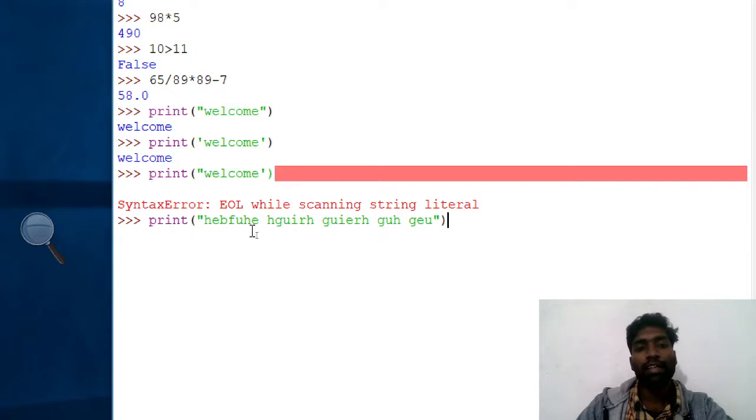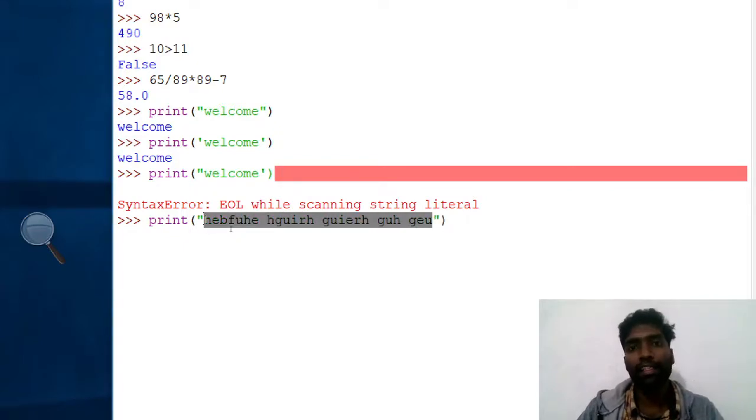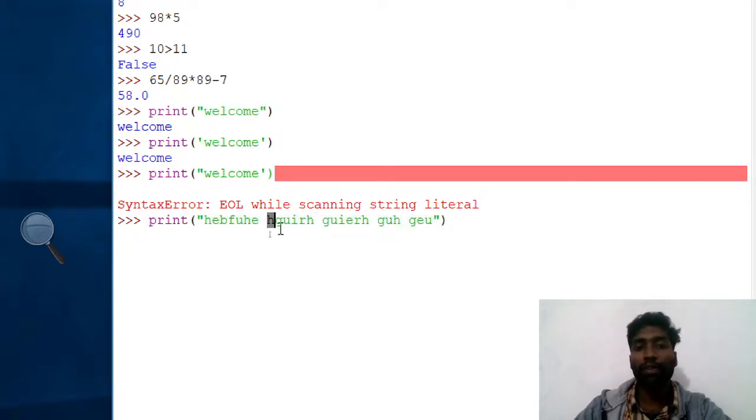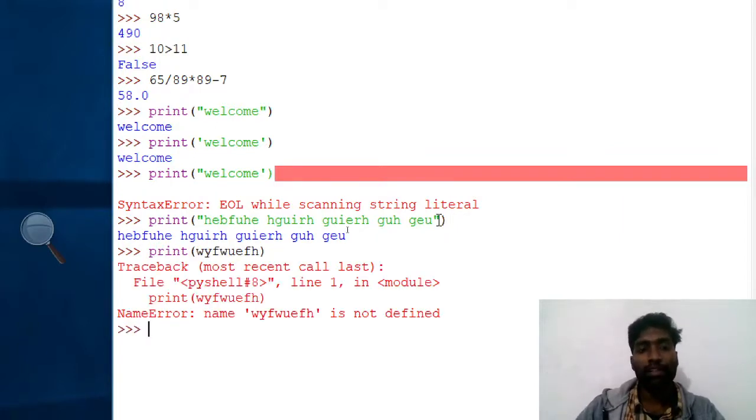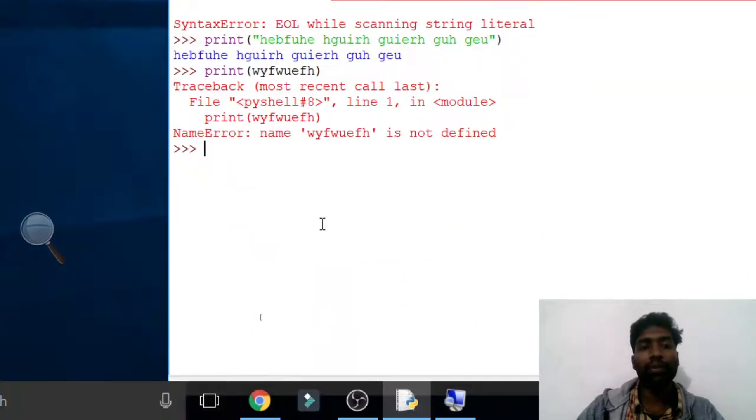My dear students, whether it is a double quote or single quote does not matter. Between the quotes, the computer will not read anything, the computer will display it in the output. This is the thing you should remember. If you didn't mention the double quote, and I just press enter, error, because the computer cannot identify what that is.